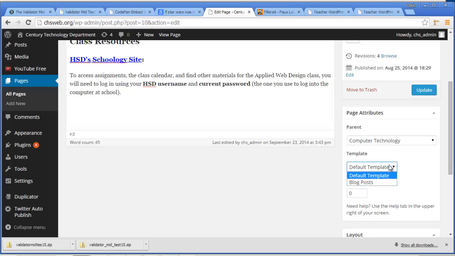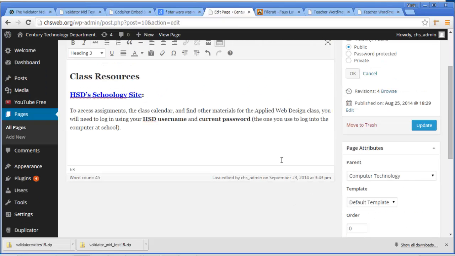Now, in the future, I'll show you how to create your own templates. It's pretty cool. But for now, you only have whatever templates are available in your theme. Your theme may give you multiple templates, in which case you can choose which one. Now, order could be if you have things automatically dropping pages in and you want to make sure,